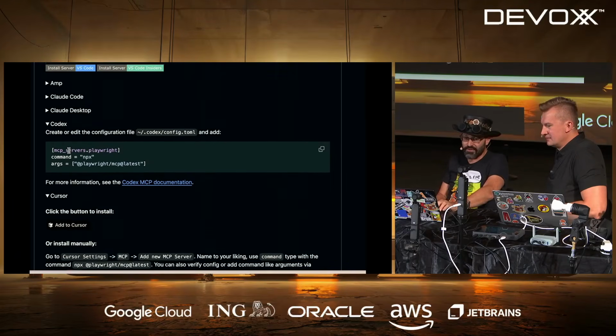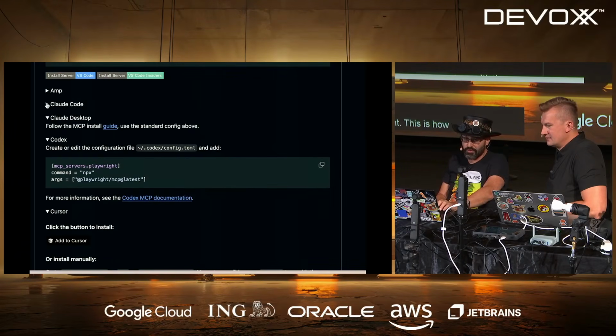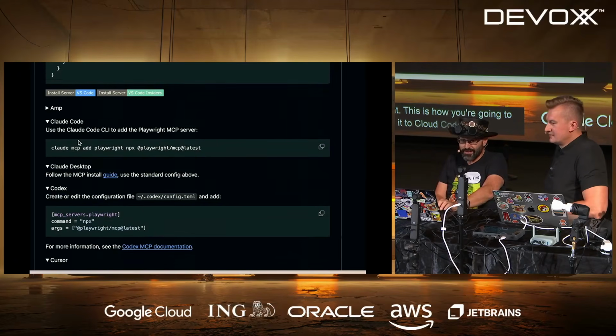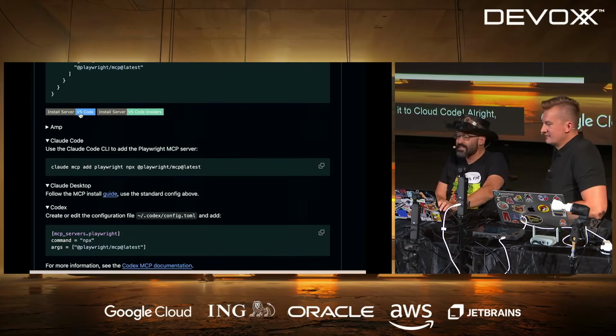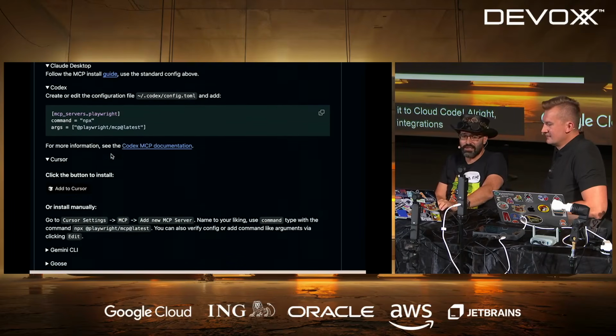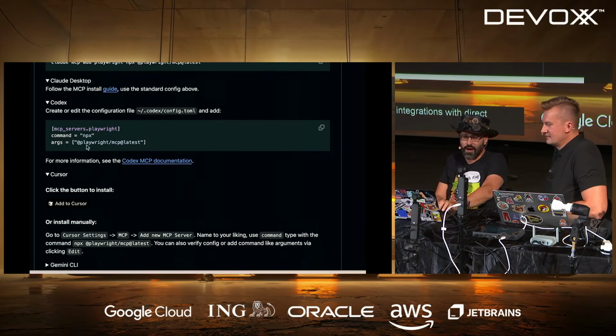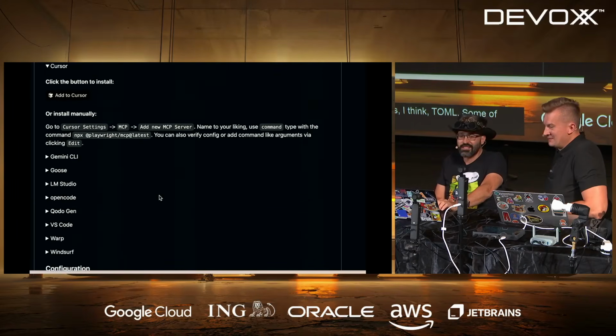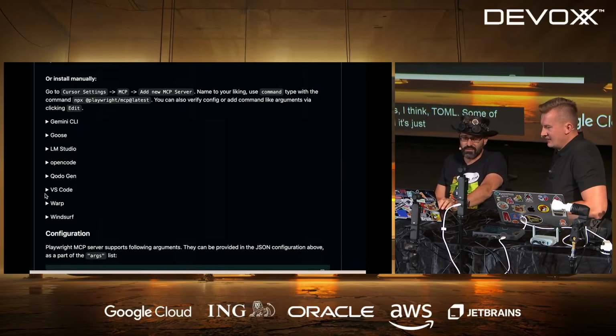They're all different. This is how you add it to Claude Desktop. This is how you add it to Claude Code. There are different commands. There are some integrations with direct buttons. Some of them are, I think, TOML. Some of them are YAML. Some of them are JSON. And it's just such a mess, right?